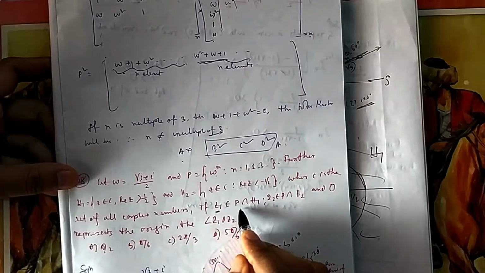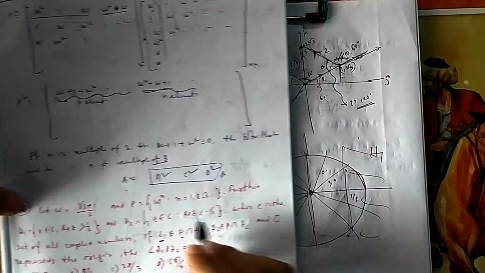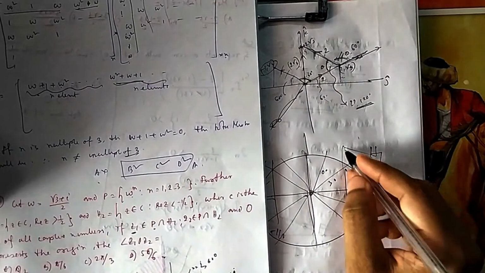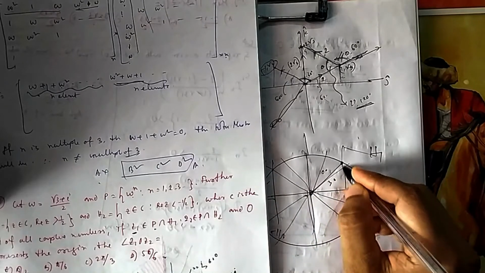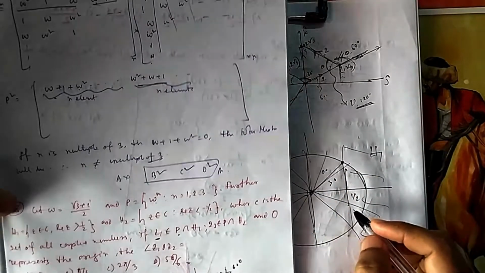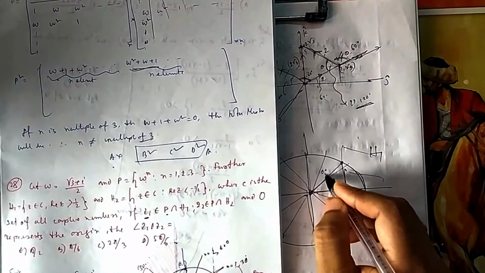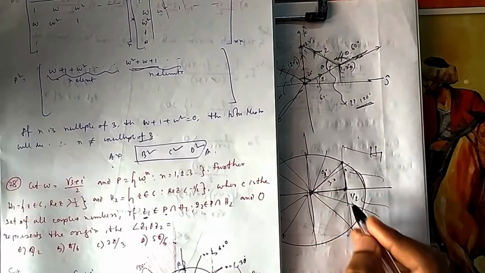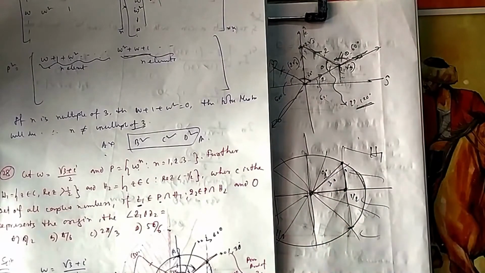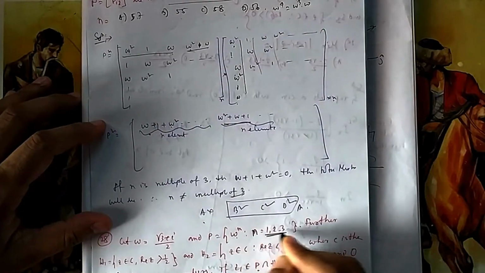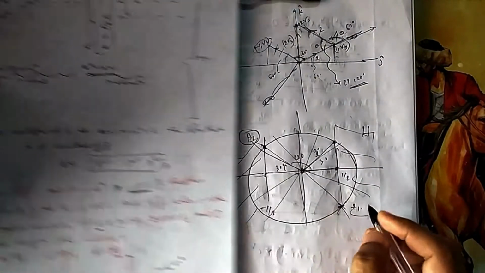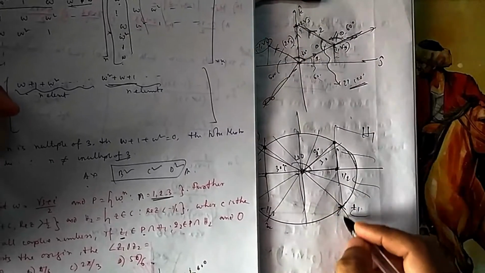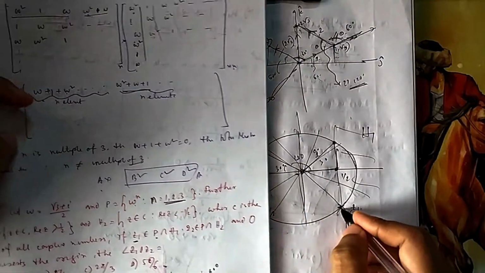Now z1 is a point which is P intersection H1. So what is P? P is all these lines which are at 30 degrees. So what is the intersection between P and H1? If you just take 30 degrees, then what is this value? This is 1 because the magnitude is 1. So cos 30 is half. So this is the point. Similarly, it can be minus 30 also. This is a natural number they have given. It can go 1, 2, 3. So it can come here, and it can come here also. That can also be z1. That can also be z2 because you can take 11 into 30 degrees, so it is 330 degrees. So it can come here also.